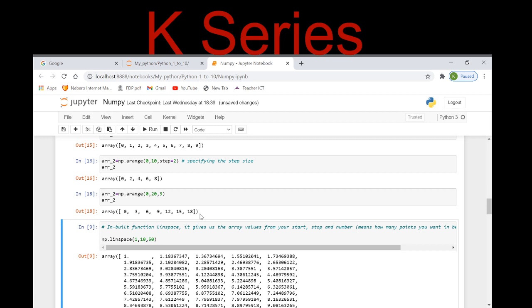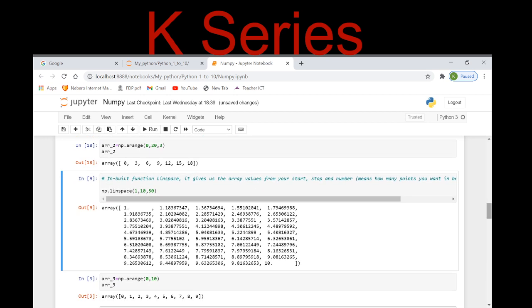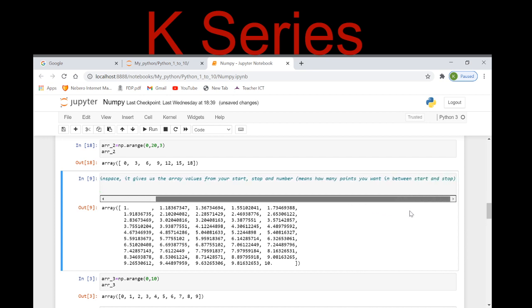Is it clear to you now? Okay, moving on further. Inbuilt functions, linspace is also there. Linspace, basically what exactly does it do for us? See, NumPy gives us the function linspace, wherein you can give your start and stop number, and the number means how many points you want in between the start and the stop.